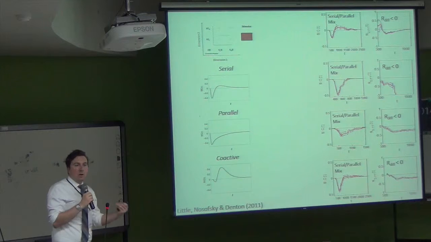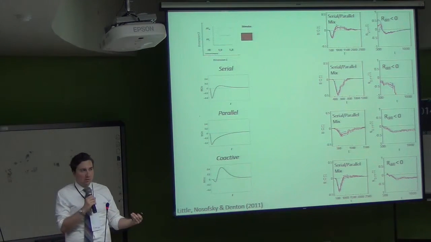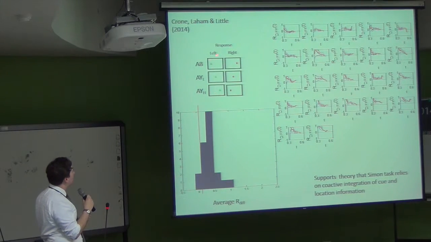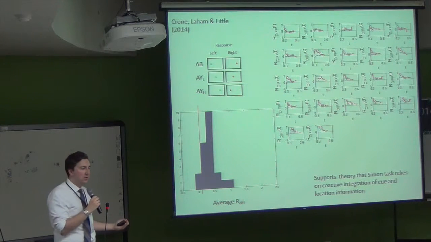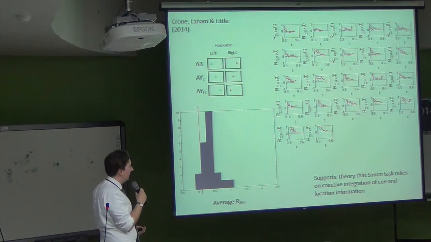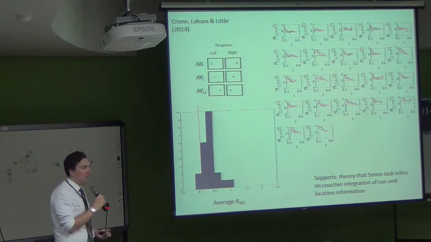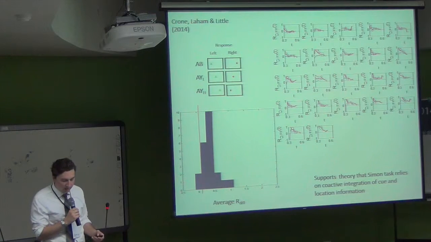So those were 4 examples where we had independent evidence about what the underlying processing architecture was based on the SIC. We can also do tasks like the Simon task, where now we don't have any independent evidence, but we've got some theoretical suggestions that processing should in fact be coactive. And whenever we compute the resiliency across the number of observers who completed the Simon task, most of the time it's greater than 0,